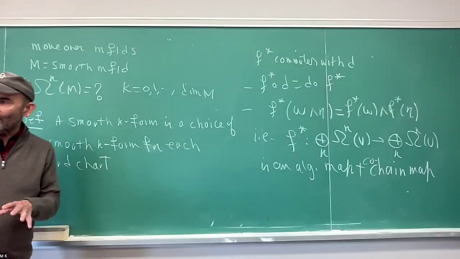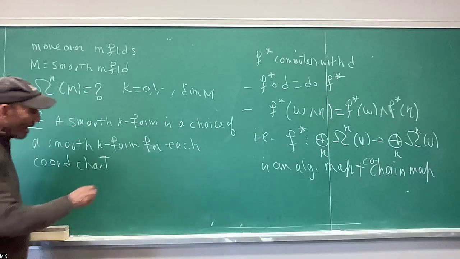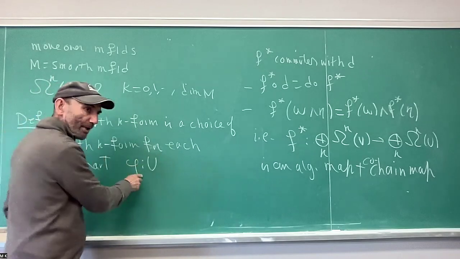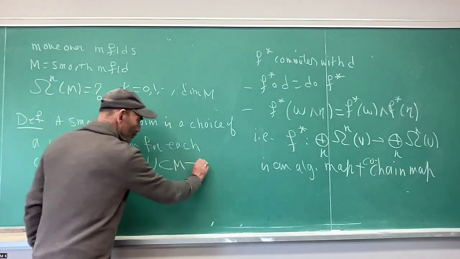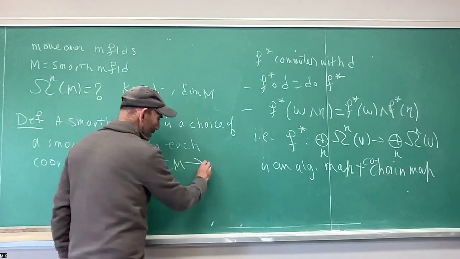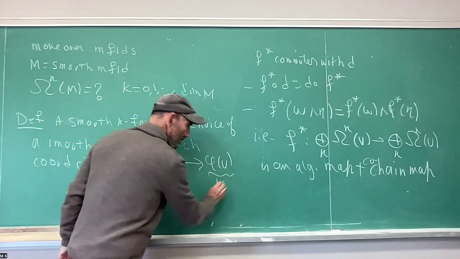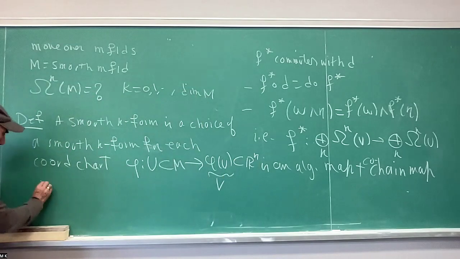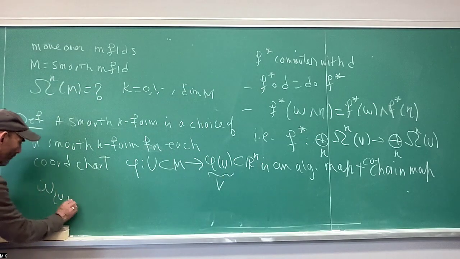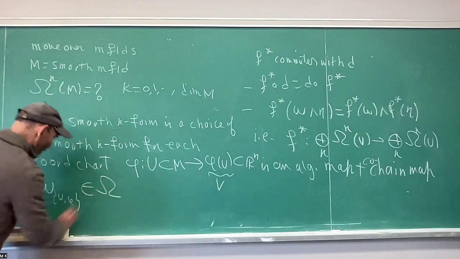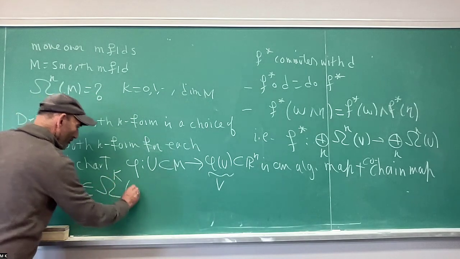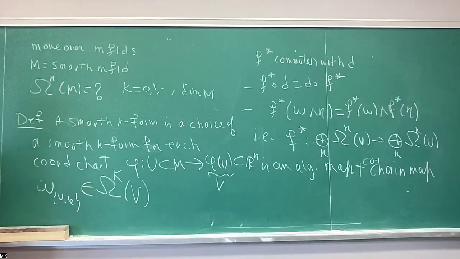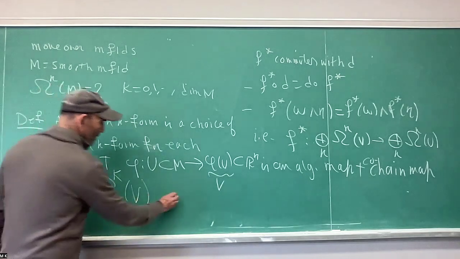The coordinate chart was a map, phi, from U, open inside M, to phi of U, which is open. So let's call it V. This is open inside R^n, right? So this omega of this chart (U, phi) belongs to Omega^k of V. There we go. It is a choice of a k-form on each chart such that,